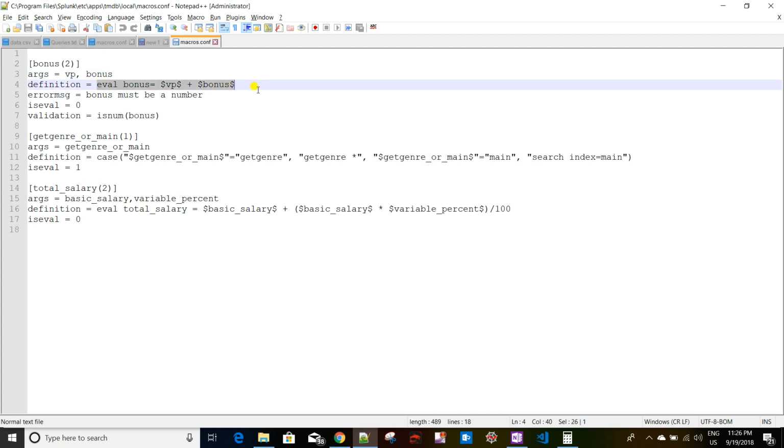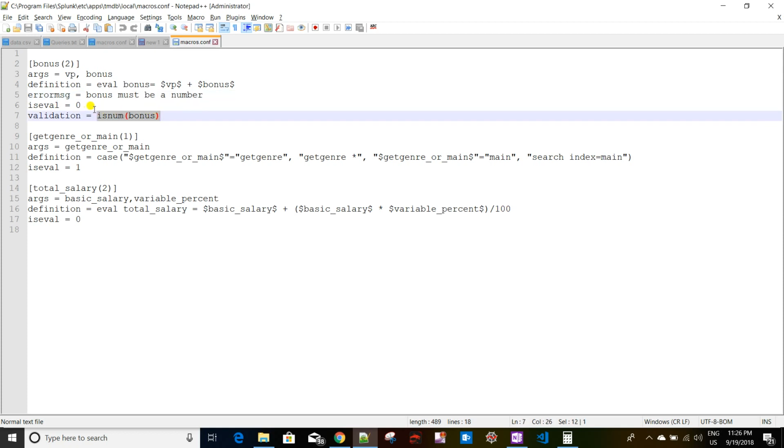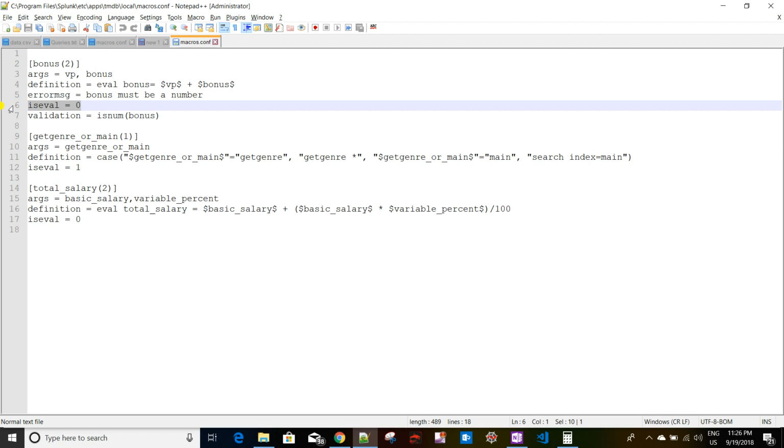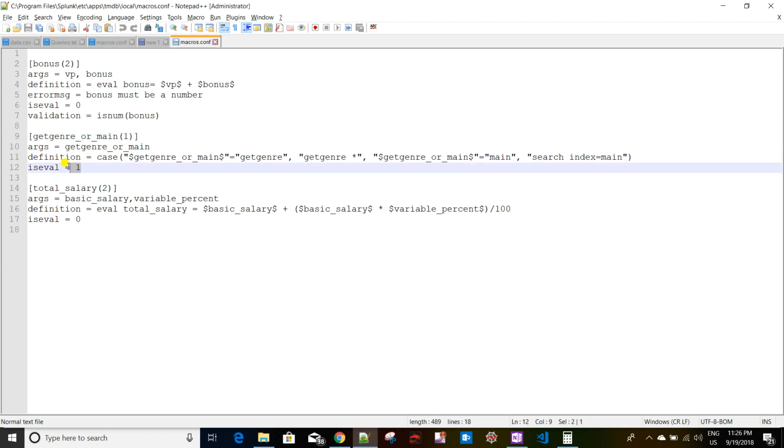This is the macro definition, this is the error message you set for this macro. This is the validation you have set for this macro, and this is eval, telling you whether this macro is eval based or not. As our last macro, get gener or main, is eval based, that's why is eval is 1. For the rest of the two macros, is eval is 0. Okay, now